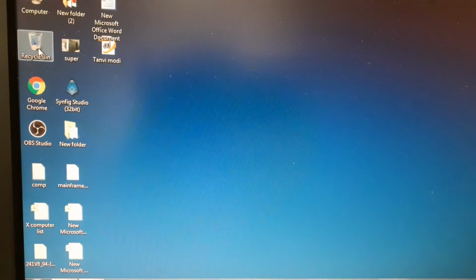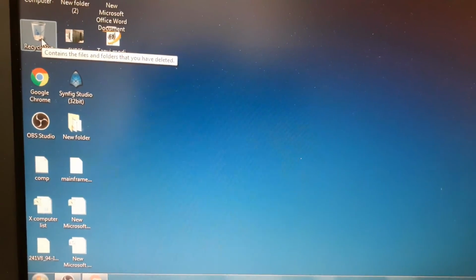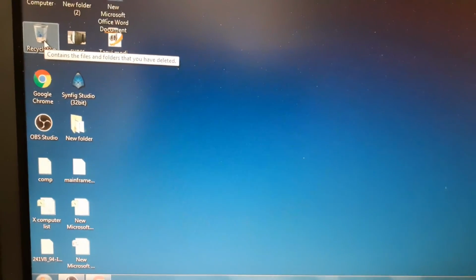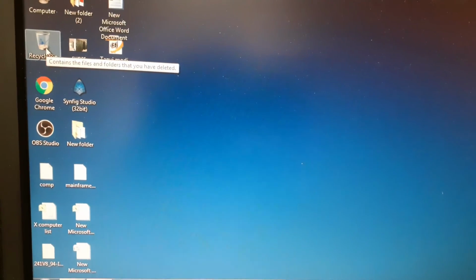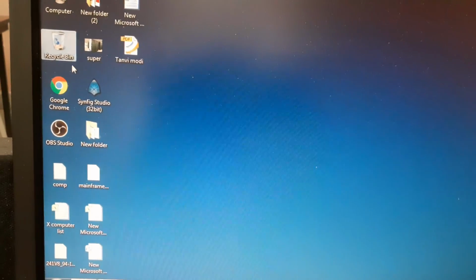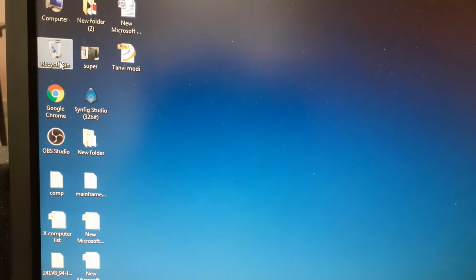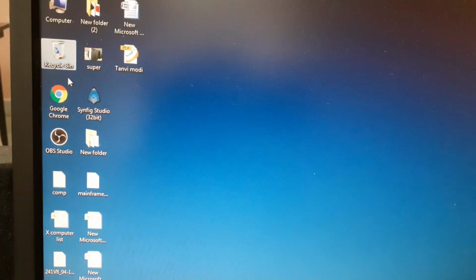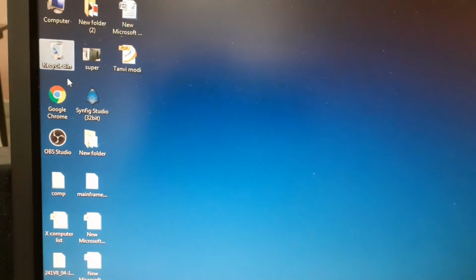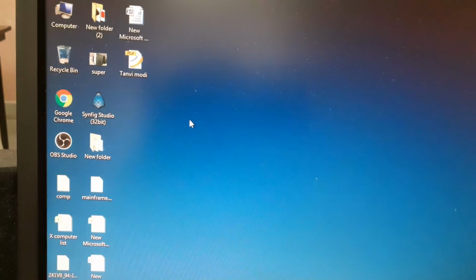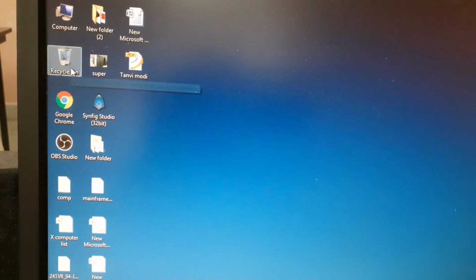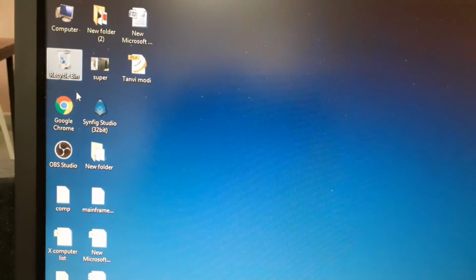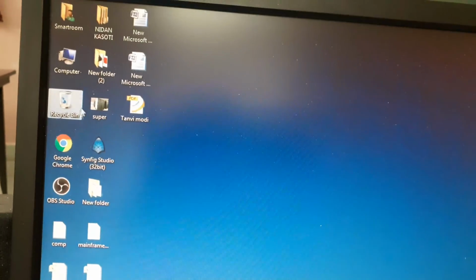Now you can see this recycle bin is highlighted. This means that the icon has been selected. It means that this recycle bin icon has been selected. This is before selection, you can see, and after selection it looks like this. You can see, right?